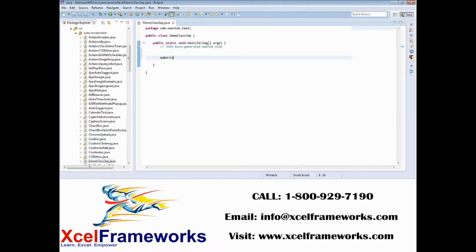Okay, so I'll just write a simple WebDriver, wherein it will open, let's say, Chrome, and go to google.com, something like that. So I'll write WebDriver equal to new.